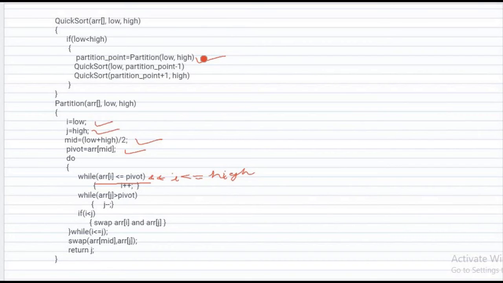Okay, this is the condition. Suppose the pivot element that you have selected is the greatest number or the highest number. In that case we must provide this kind of validation. Also in the j condition we can provide a validation like j should be greater than or equal to low, so that it should not be decremented and go outside the array scope.